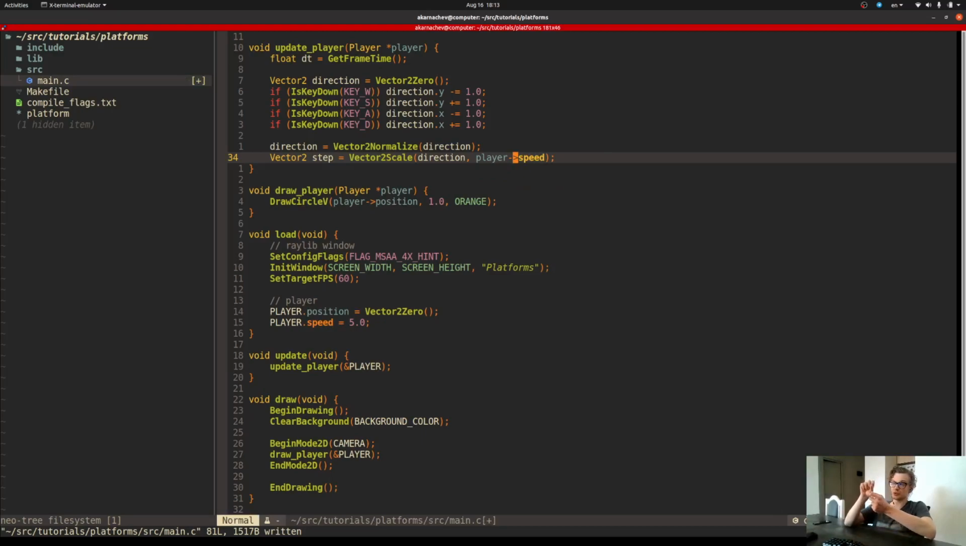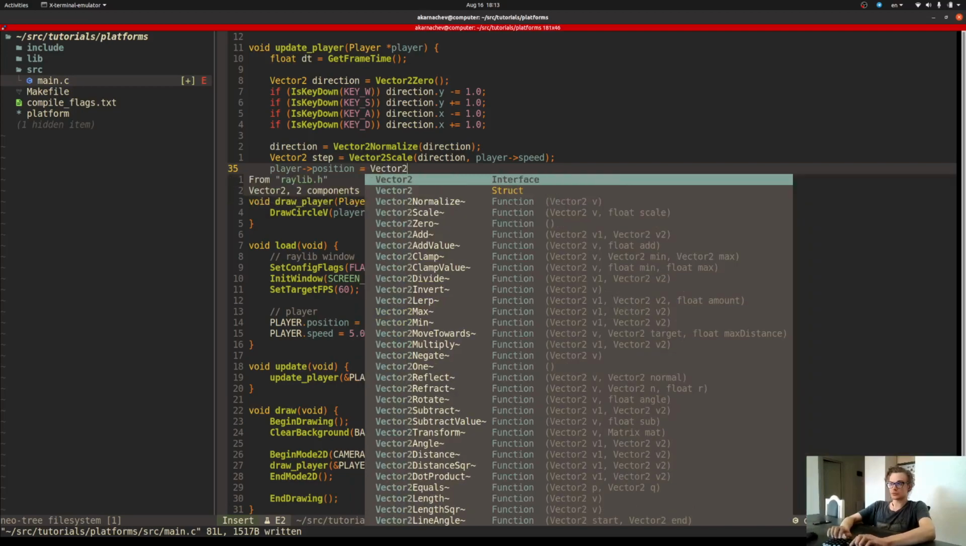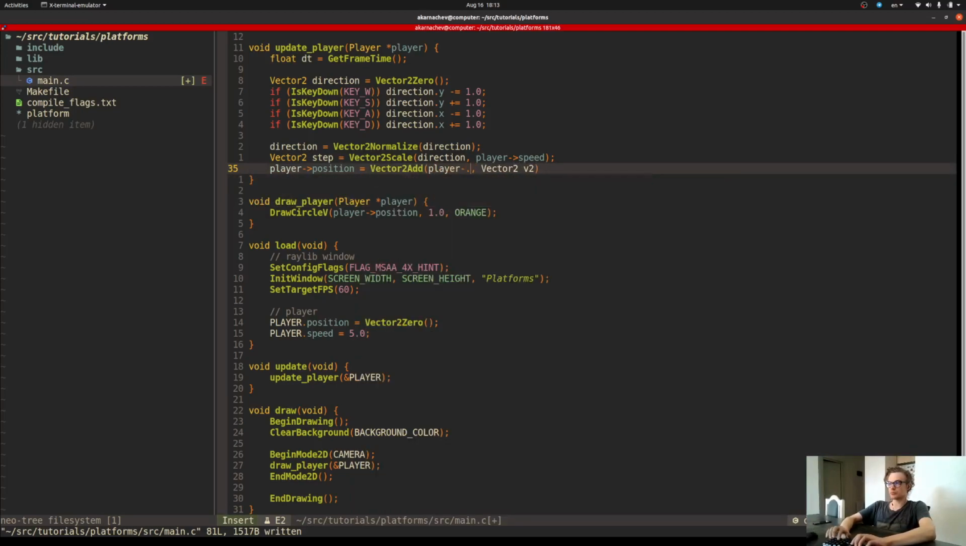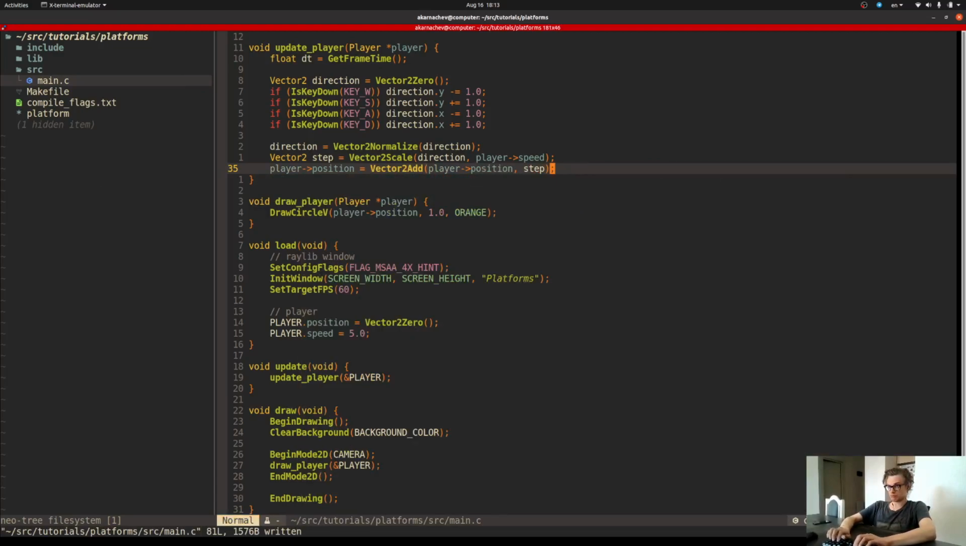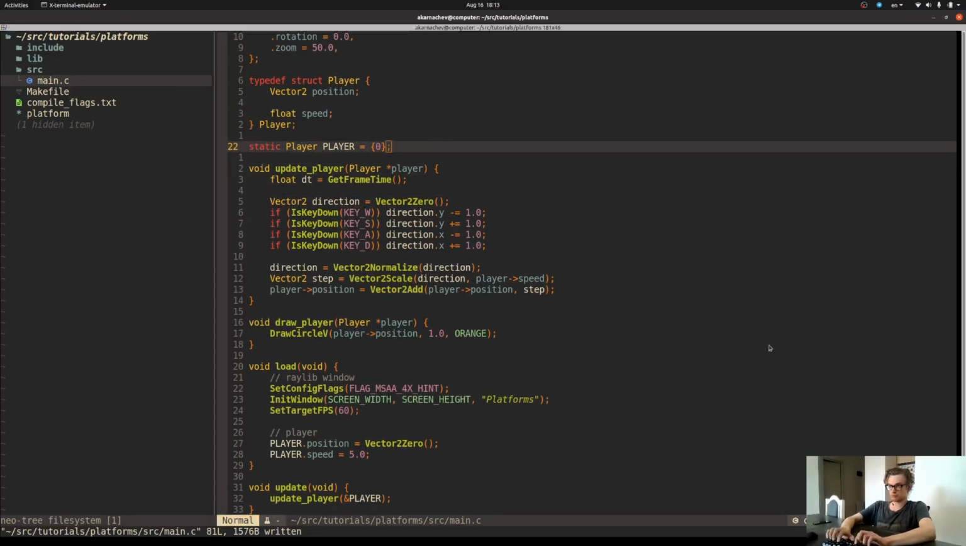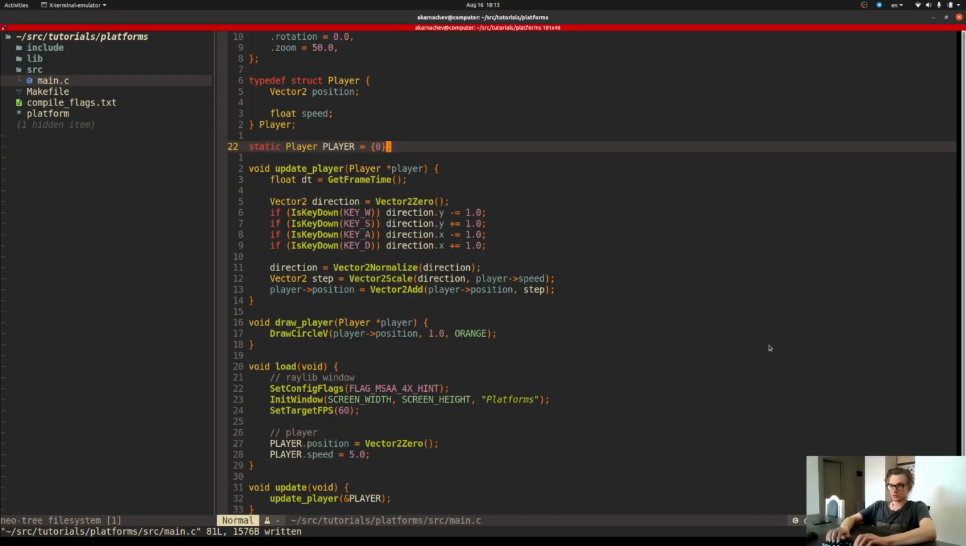And now we have this step. It's basically pointing towards the direction, and direction is defined by the pressed buttons, and the length of the step is just basically player speed, and I want to apply the step to the player position. Player position is equal to Vector2 add player position step. Let me run. Oh yeah, of course, I forgot to multiply it by dt,